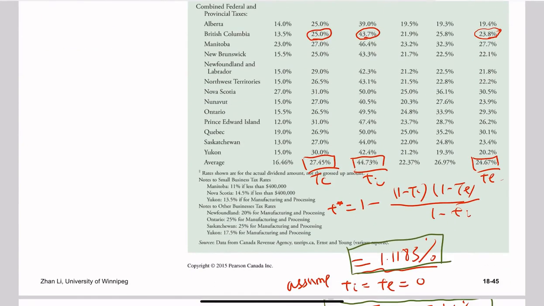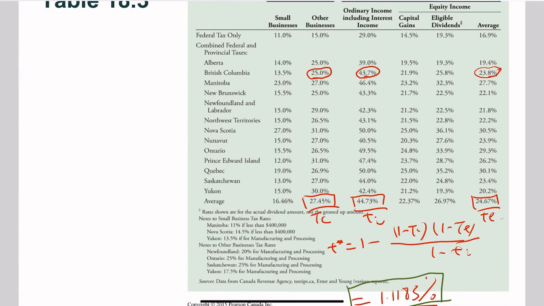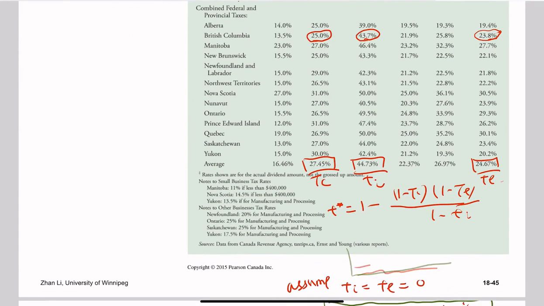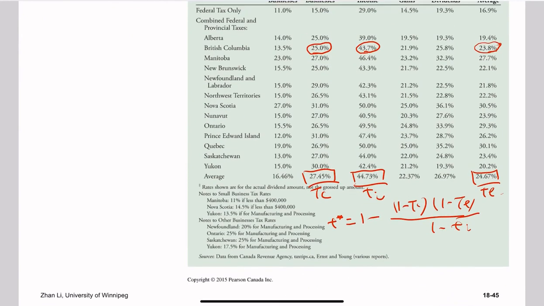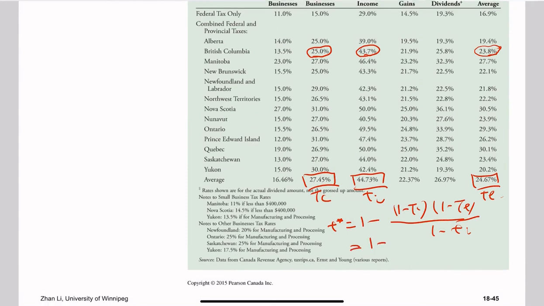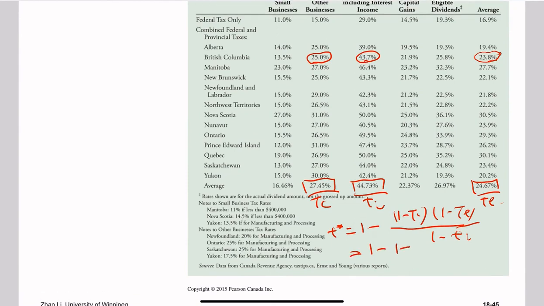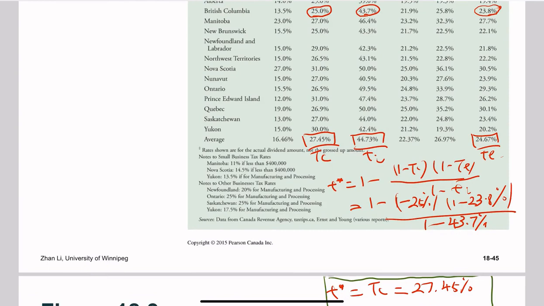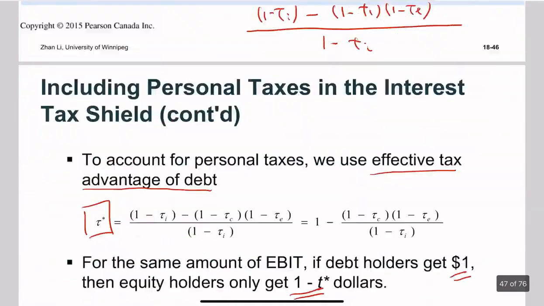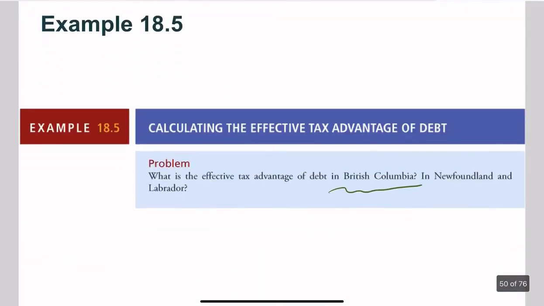So if you plug numbers into this formula, 1 minus 25%, 1 minus 23.8%, and 1 minus 43.7%. So this gives you a number of